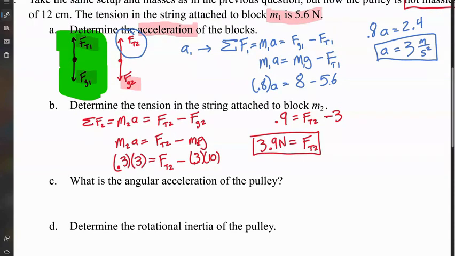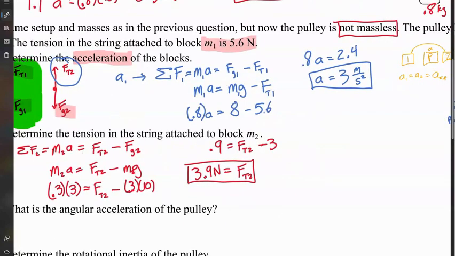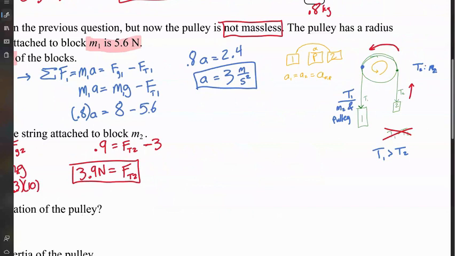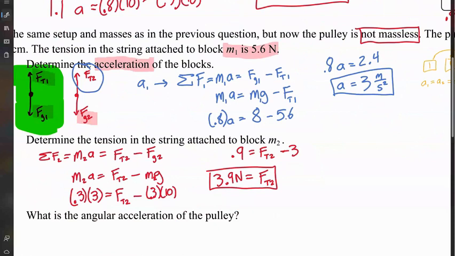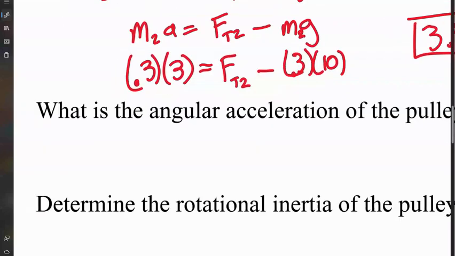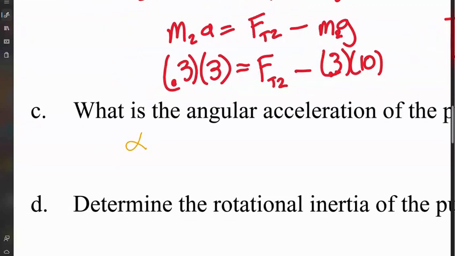Part C now. What is the angular acceleration of the pulley? Well, there's a couple of ways that you could go about this. One of them is similar to what we've been looking at, where we see alpha show up on our equation sheet. Angular acceleration, right, we're looking for alpha. And one of the places that we see alpha pop up on the equation sheet is the sum of the torques is equal to I alpha,